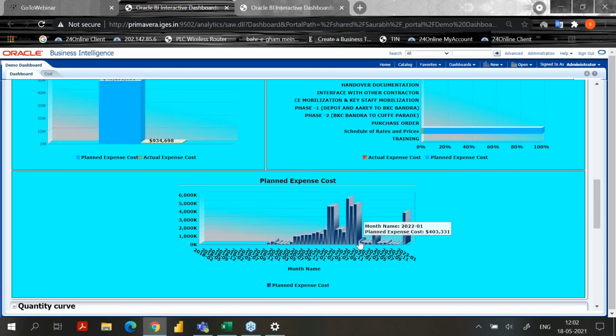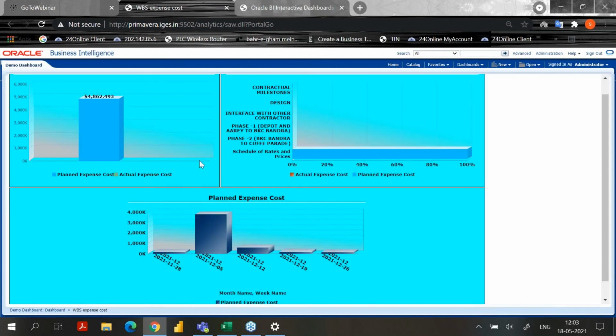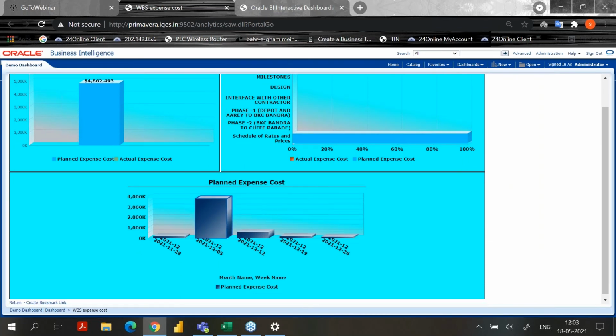This is the drill down facility, and you can go to n number of levels, but you have to link all the analysis first, then it will work. Suppose I am going for this one, 1221. When you click once, it will go down, and you can manage all these three, depending on it, or if you want only one analysis, it will be there, so it will show month name, week name.